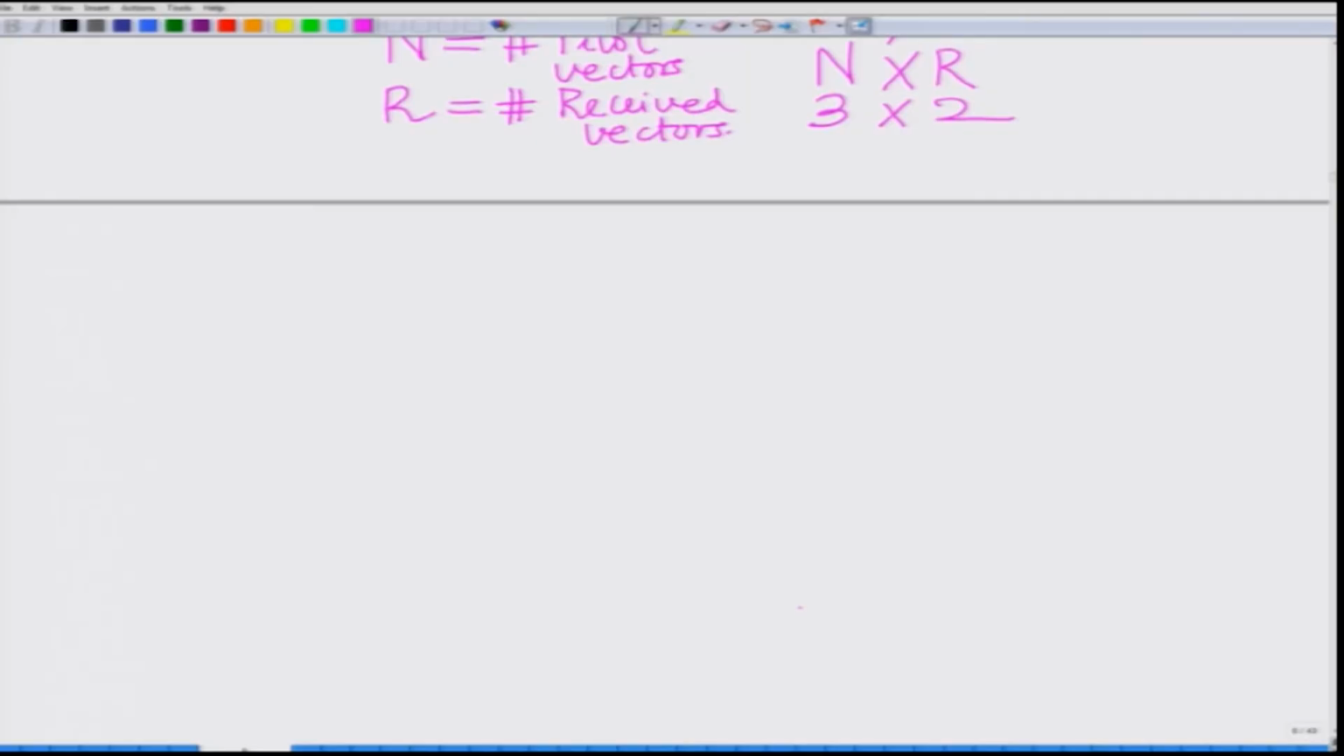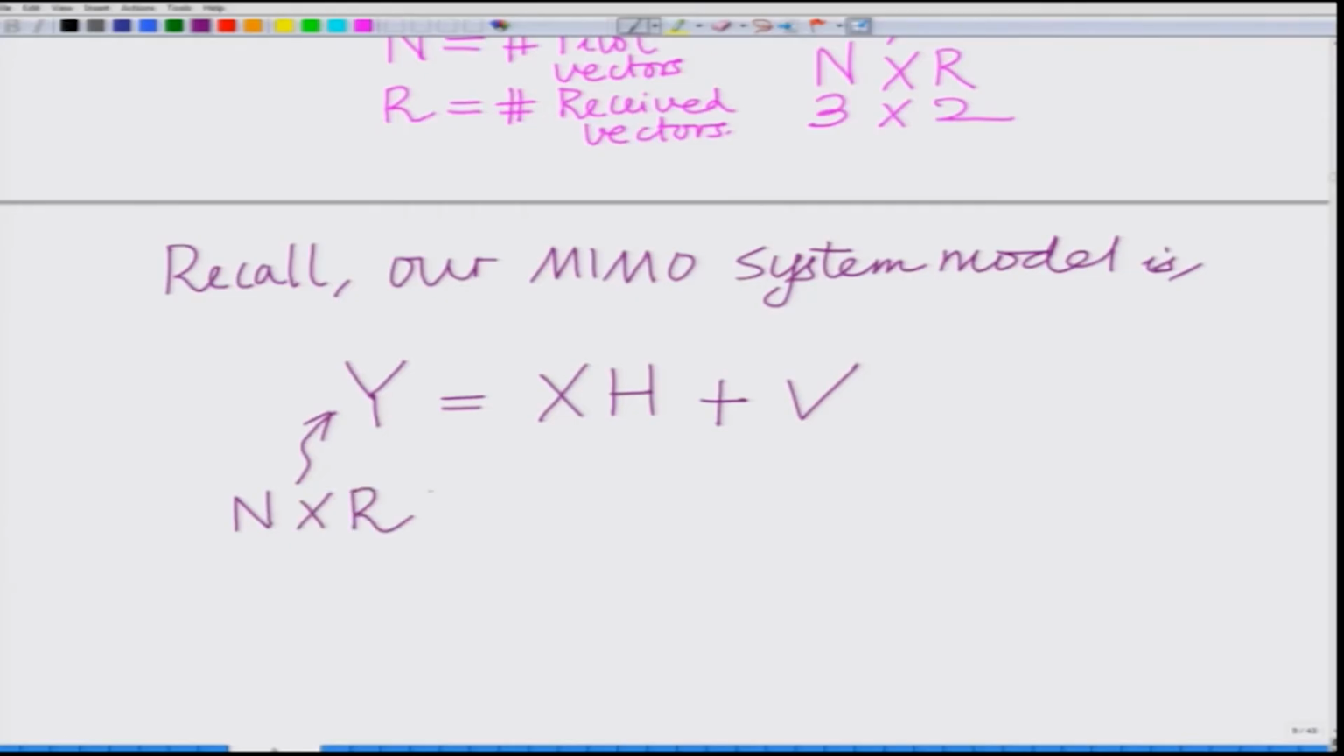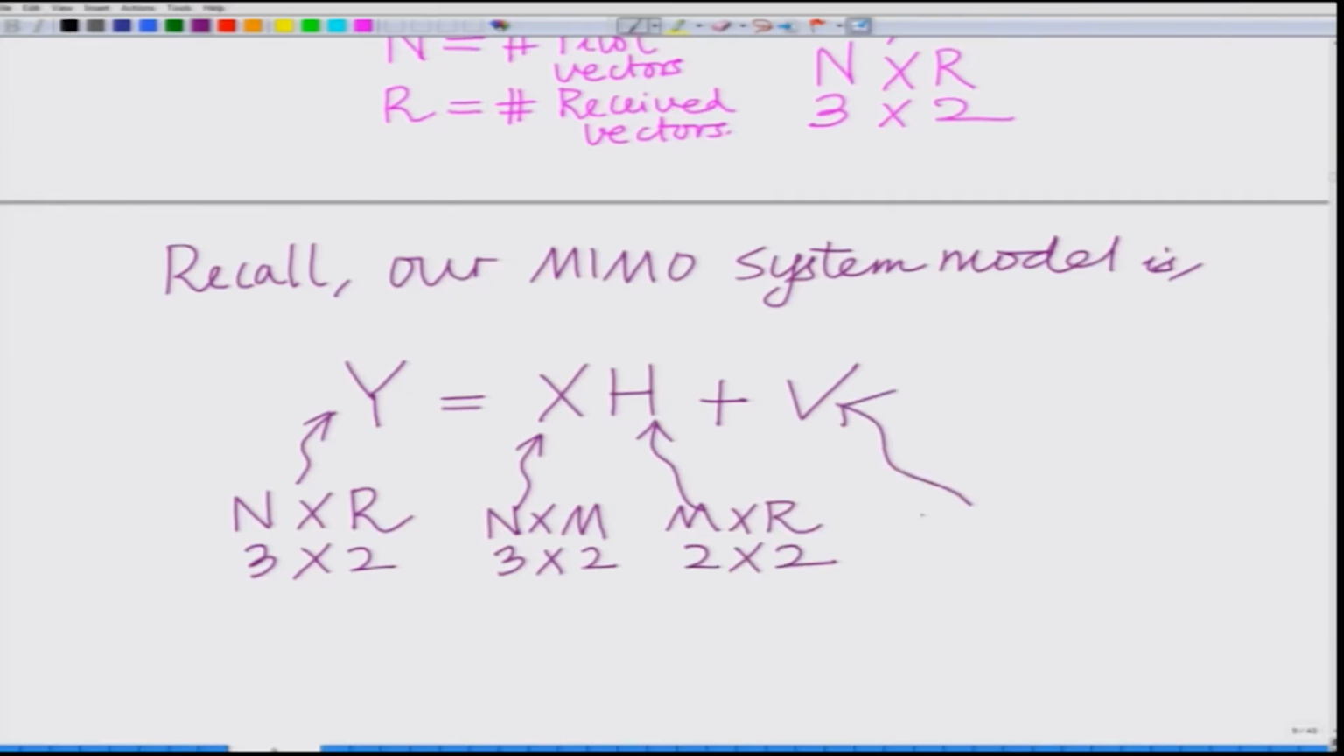Recall our MIMO system model, y equals x h plus v. This is our MIMO system model, where y is n cross r, in this case 3 cross 2, x is n cross m, in this case again 3 cross 2, h is m cross r, in this case 2 cross 2, and v is again n cross r, in this case a 3 cross 2 matrix. Remember, this is our MIMO system model, that is the multiple input, multiple output